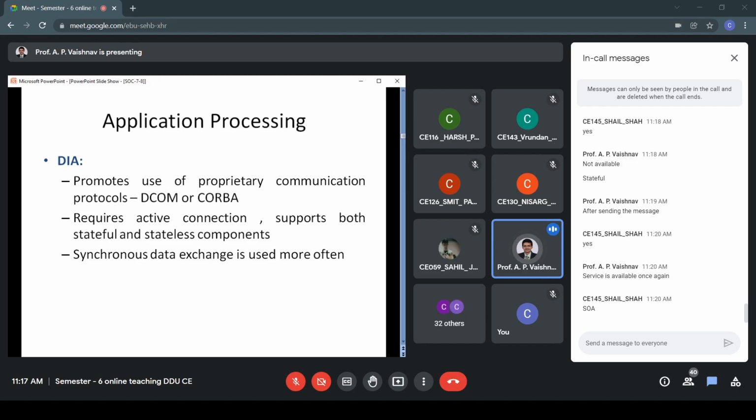Third point is regarding the technology. Over here, there are very few differences because in DIA also we can use web services, we can use HTML, we can use XML, right? So actually there is not much of a difference, right? The difference lies where? The difference lies